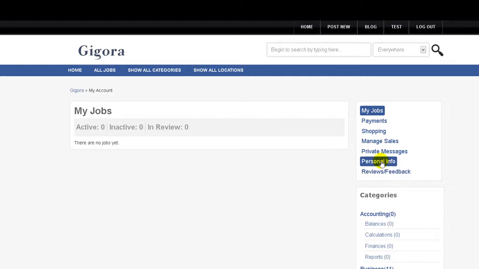You need right now to go to your personal information. So in order to brand yourself and win customer trust, you need to complete some personal details here. You also need to insert your PayPal account, in order to be paid. Then you need to go here and start posting your skills and talents in order to make money online.